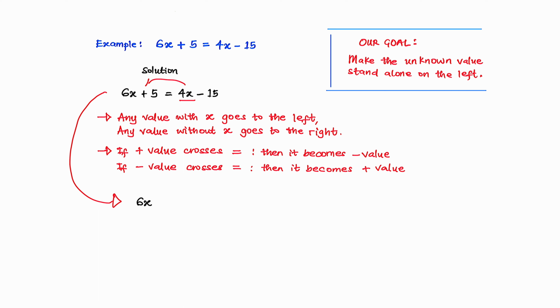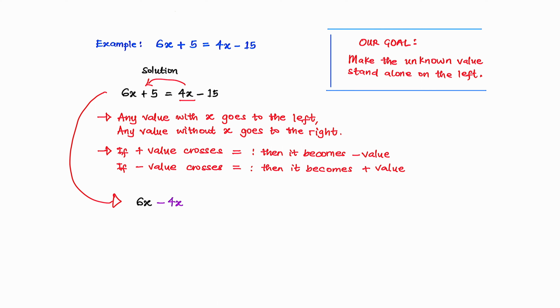Because it is crossing over the equal to symbol, the sign has to change from positive 4x to negative 4x. So we have minus